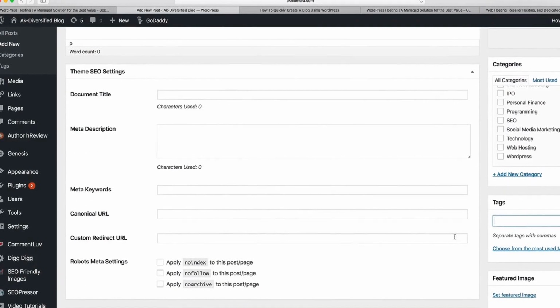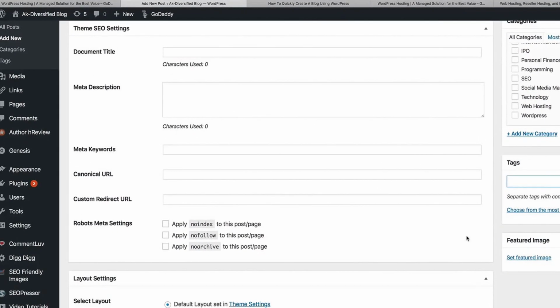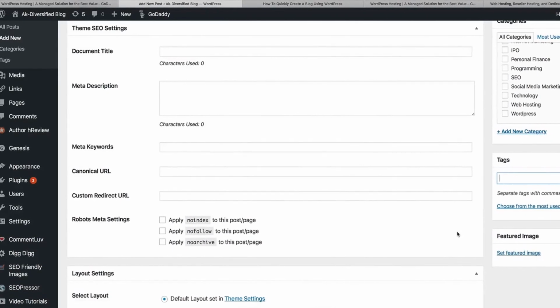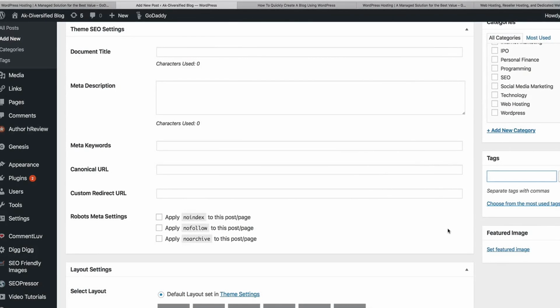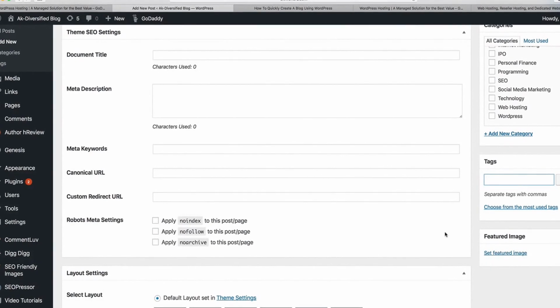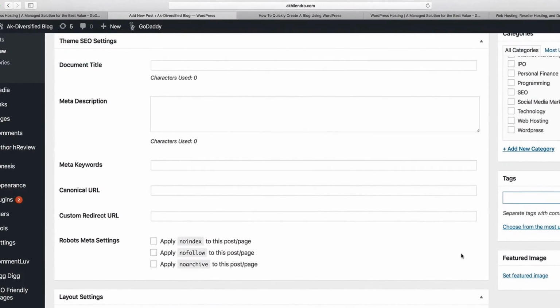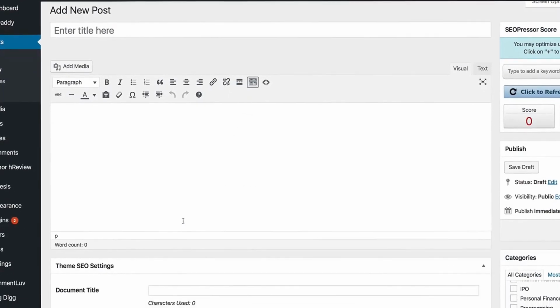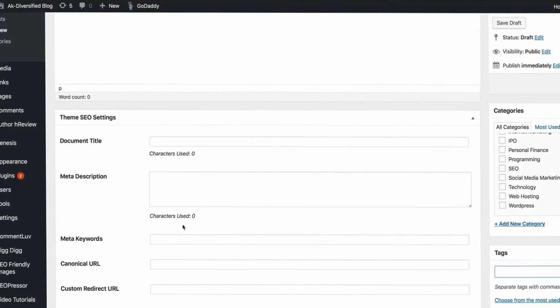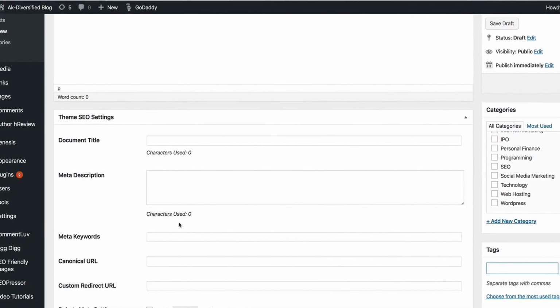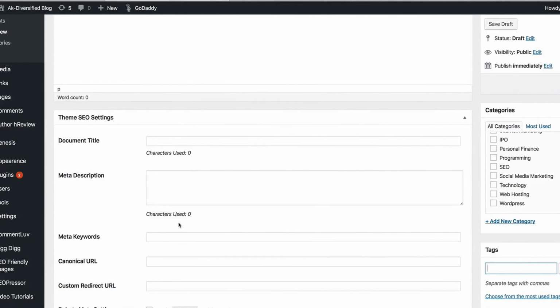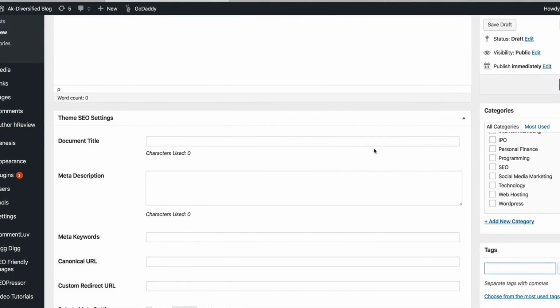You can use tags to add tags here, and just a note here, don't focus too much time or effort on adding too many tags. Tags are not very important. Just use 2 to 3 tags. In fact, using excess of tags can have adverse effect on the page load time or for SEO. So don't spend too much time on tags. I have seen that there are many people who spend a lot of time on adding tags, and they will add 10 tags or 20 tags. That's not important. That is not going to add any value.